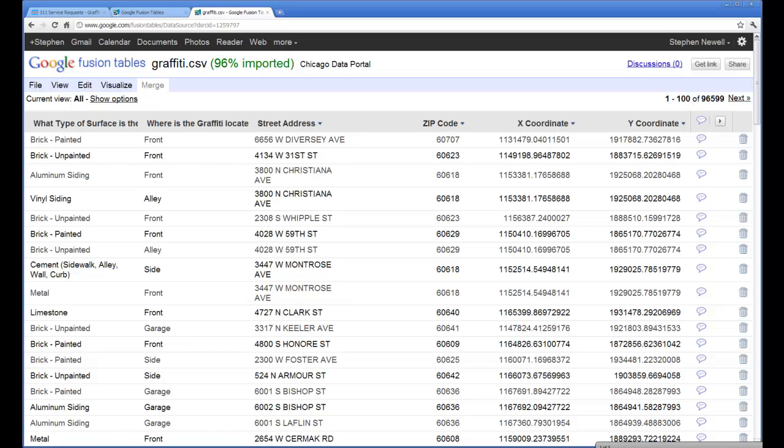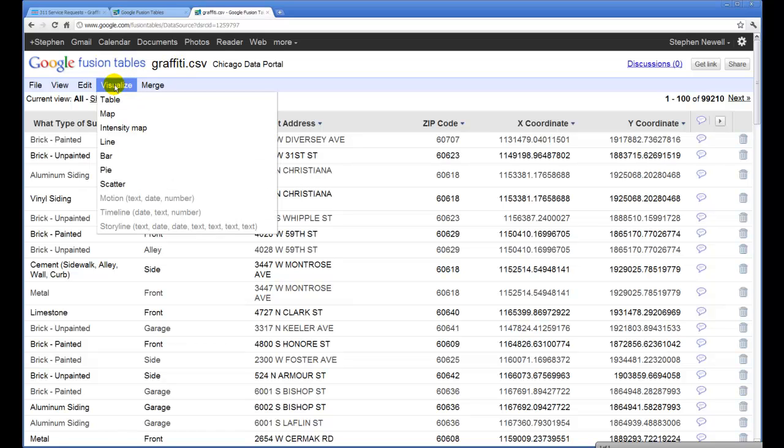All right, the data is almost finished on the import. You can look at the number of columns, or number of rows over here on the right. We're at 98% and about 99,000 rows. And let's wait till it gets 100%. There. So we're at 99,210 instances of graffiti. Now we have the table ready to do a visualization. And